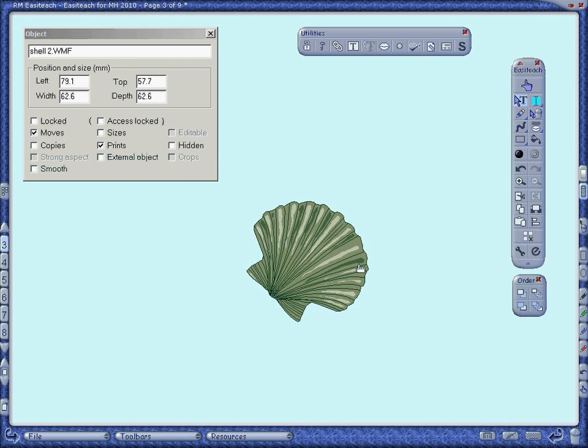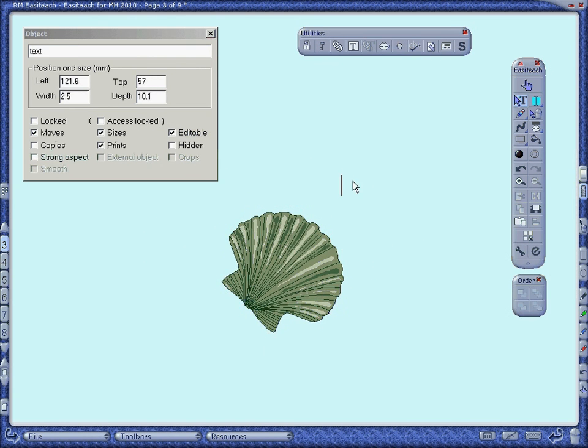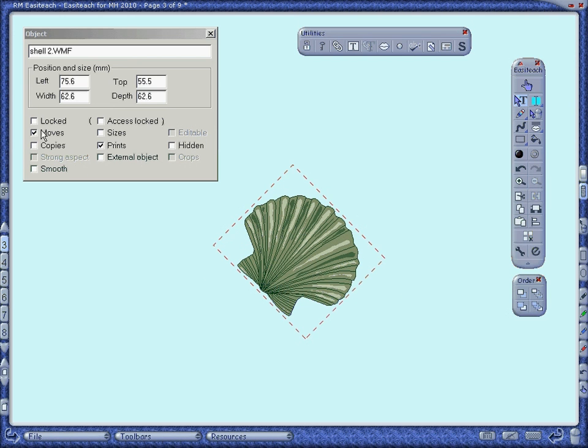I don't know why you'd make it hidden, but you can make it hidden. You can make it so it doesn't move. Oh, that's interesting. I tried to undo move, but it doesn't like that. I'm not sure what these mean, external object or smooth. Play around with that. One of the most exciting features of Easiteach, I think, one of the greatest potentials is,